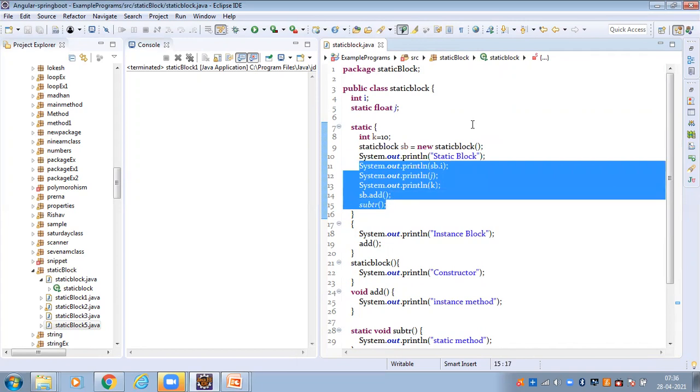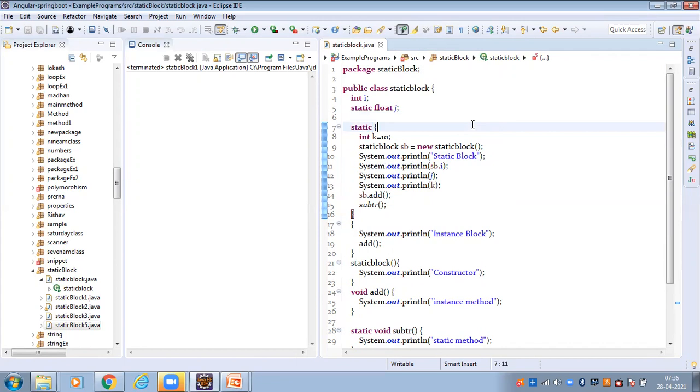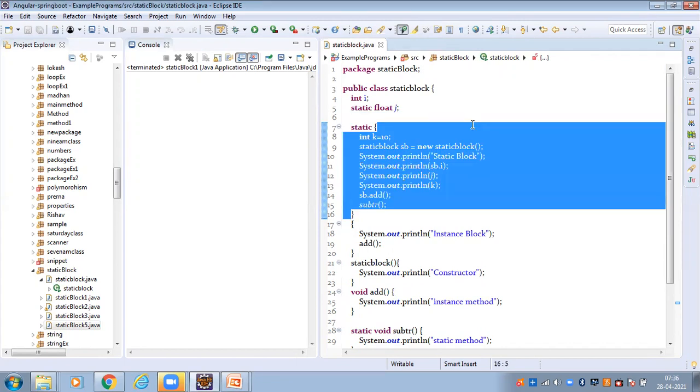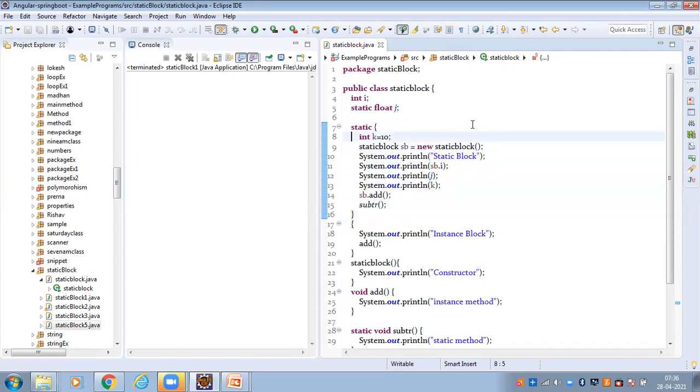Here, what is happening inside the static block? The static block is executed at first, before main, and it's executed only once. Then here, we have to create an object.